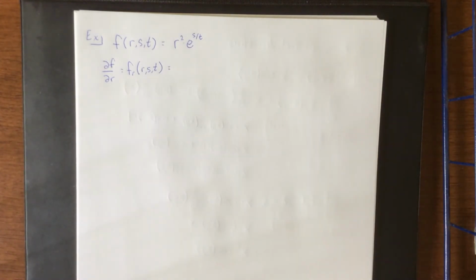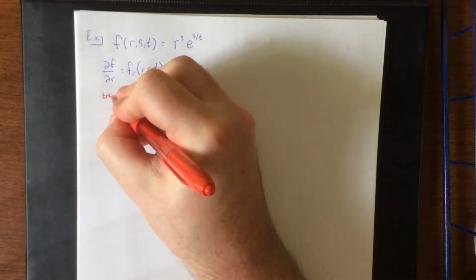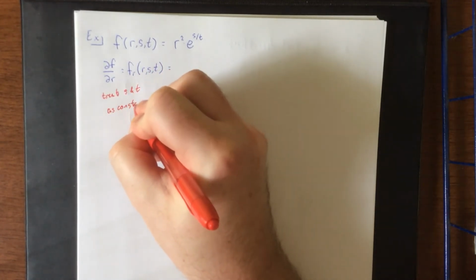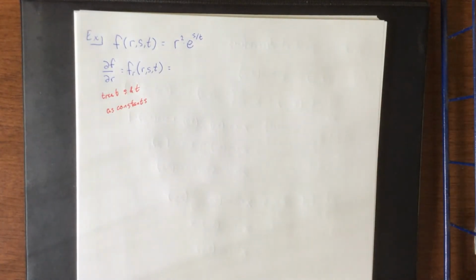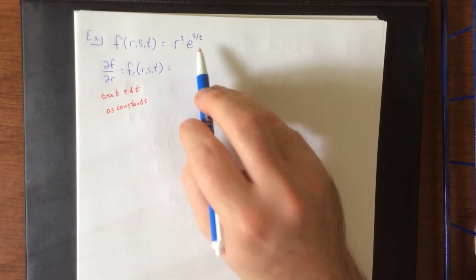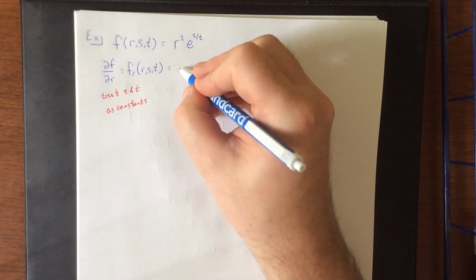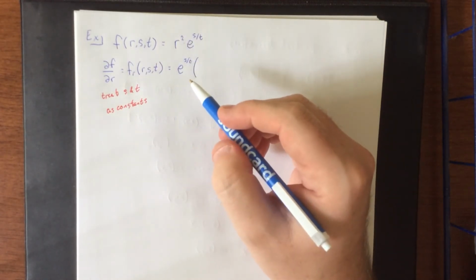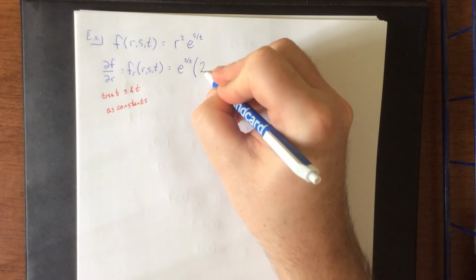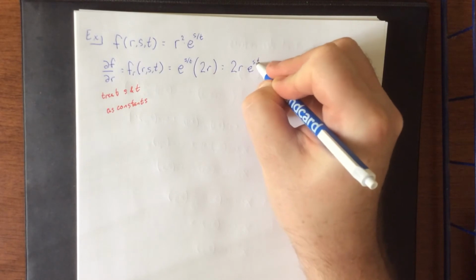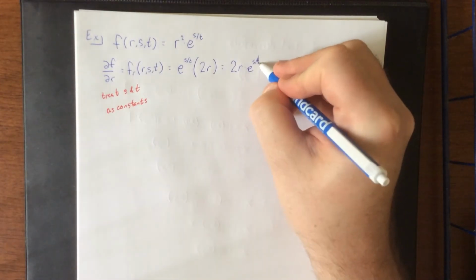So for this partial derivative, we are going to treat s and t as constants. The only variable that we recognize here is r. So really what we're doing is we're taking the derivative of r squared times, well, that e to the s over t power would just be a gigantic constant. Now in this case that would be a constant multiple, so we'll just go ahead and leave that multiple in there and differentiate the r squared with respect to r. That would be 2r. Reordering to see a better order here, we'll get 2r times e raised to the s over t